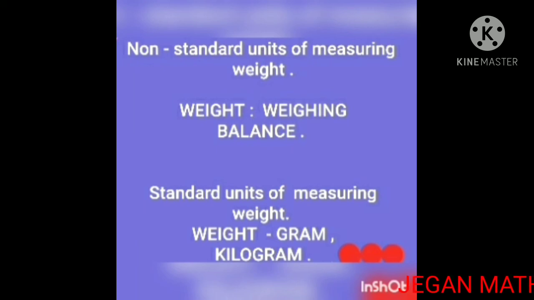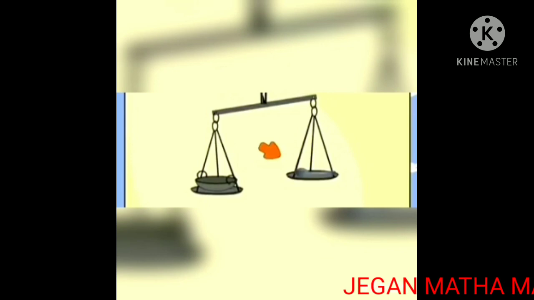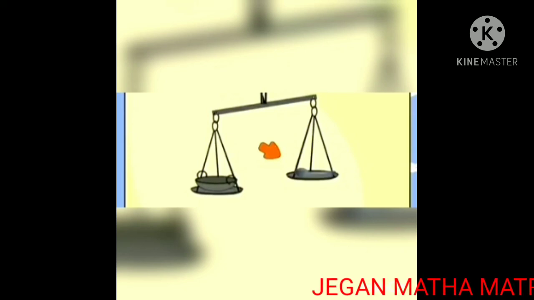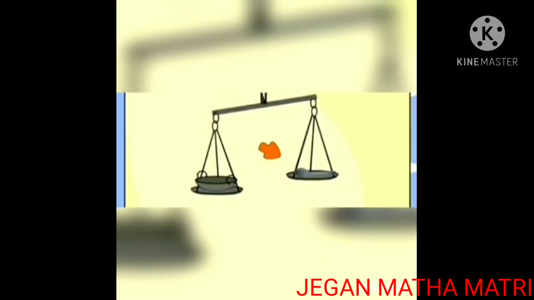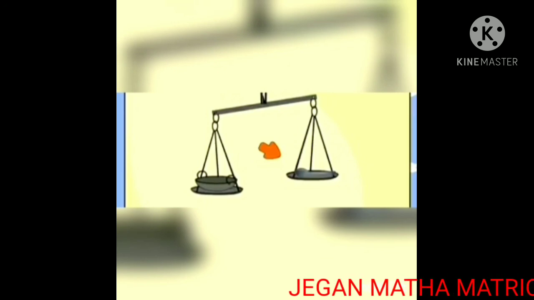In grocery shops, we can able to see the standard units. Grams and kilograms weight, we can able to see that. Or else we can able to see in the roadside shops. Green grocers, yes. So look at this picture. This is weighing balance. In one pan side, left hand side, one kadai is present. In the other side, stone is present. In this method, we cannot get the exact measurement.